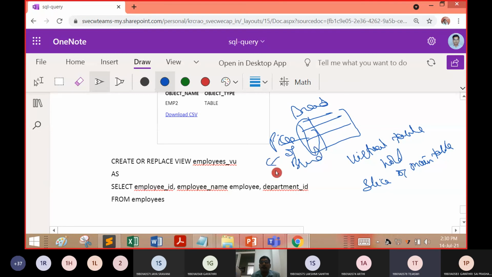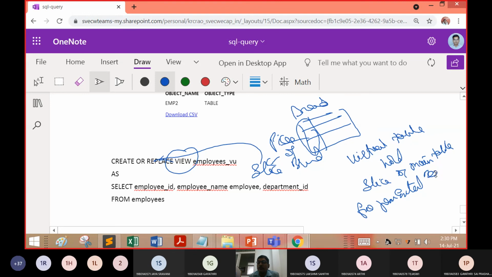This piece is what we call a slice, and this slice is what we call a view. With a view, our table is free from external references, and it provides hiding and security. This is the main reason why people look for views.